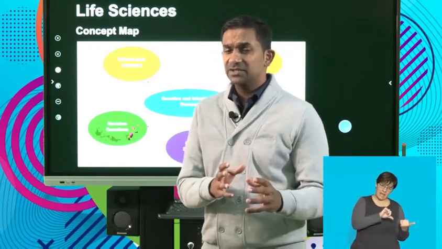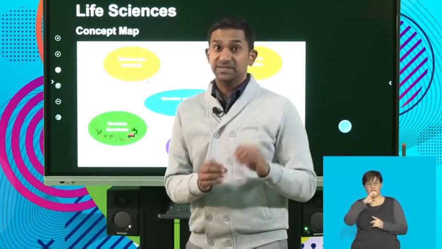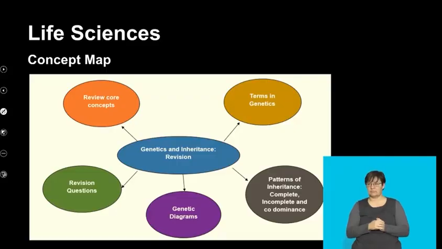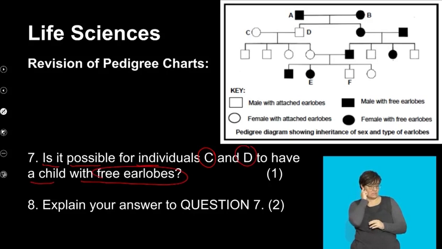I'd like to go back to that and unpack some of that when we look at how pedigree diagrams are interpreted. So again, I'm going to refer to this chart, and the question that we're going to get onto is: is it possible for individuals C and D to have a child with free earlobes? So guys, when we look at individuals C and D, if we remember, I illustrated this earlier on